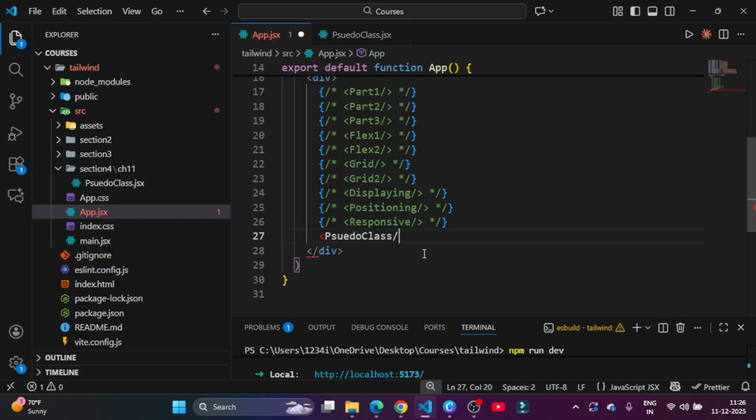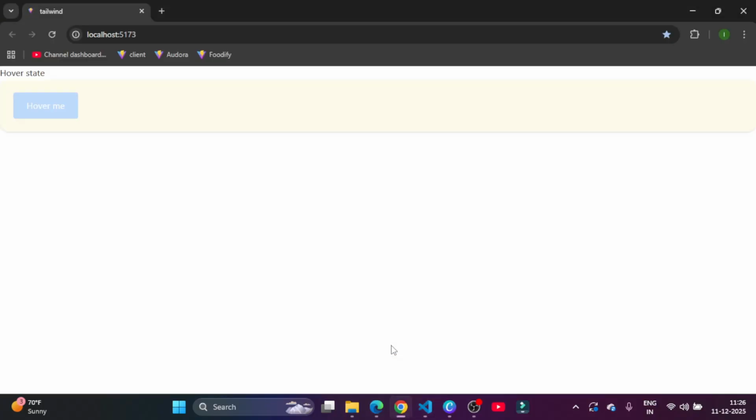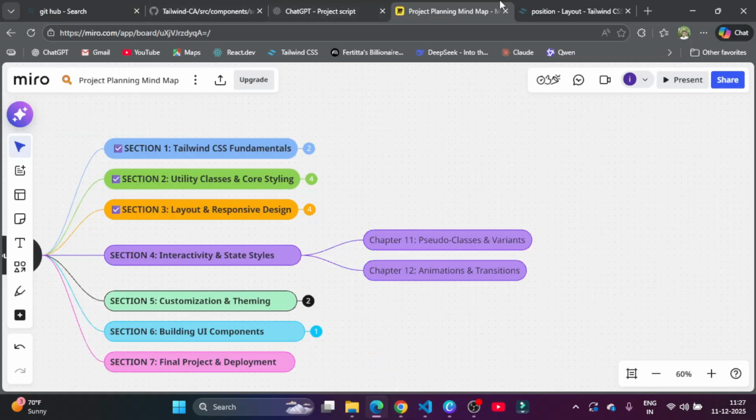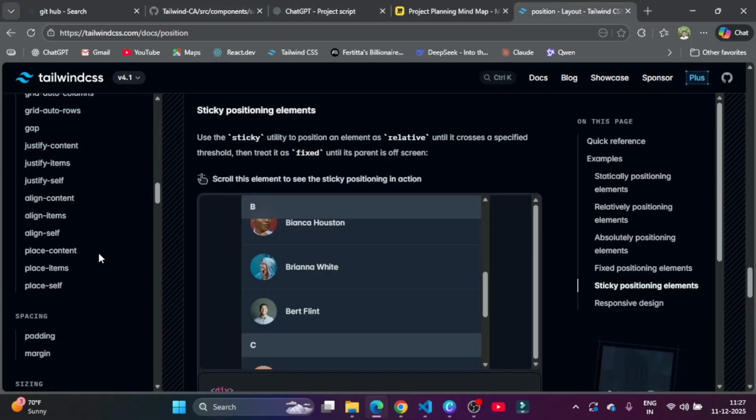That is pseudo class and then now you can see, right? So it works, right? This is hover state. So yeah, I think you observe the platform, they use hover state, and if you go to the docs, you can see